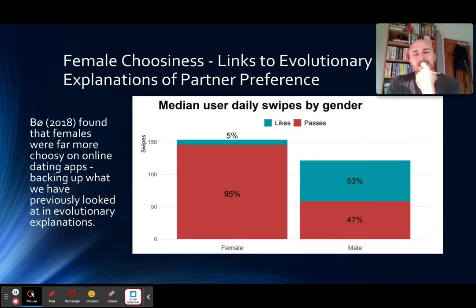And this is a good clue. Now, I would argue that this is brilliant for evolutionary explanations of partner preferences. What we have here is basically male and female swiping right to say they like someone, or left to say they pass over them. And if you have a look, it's phenomenal in terms of the differences. So females will generally be on the app for longer. They will see more profiles. But if you have a look,